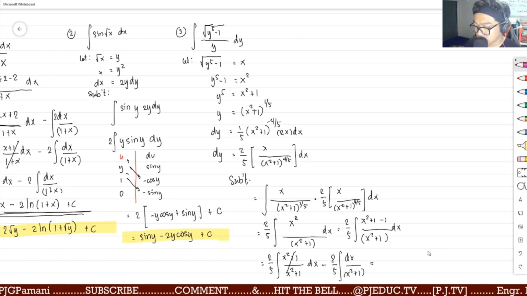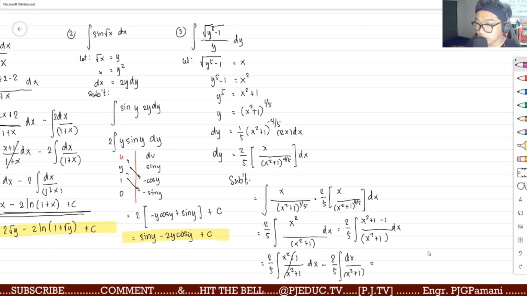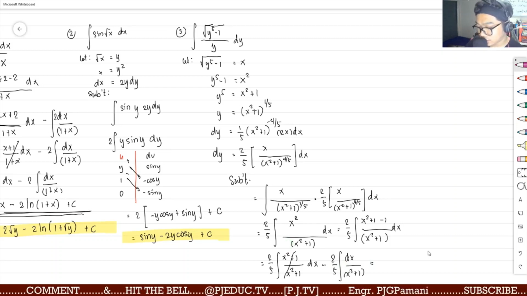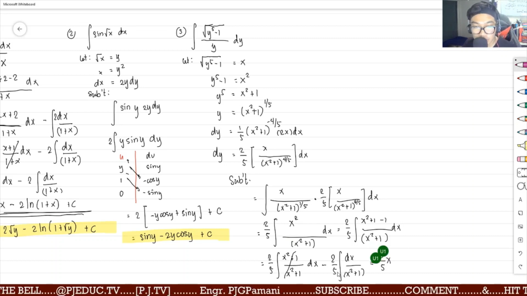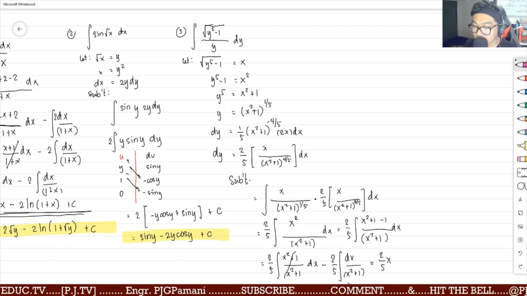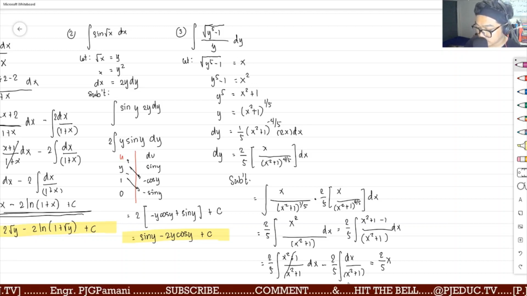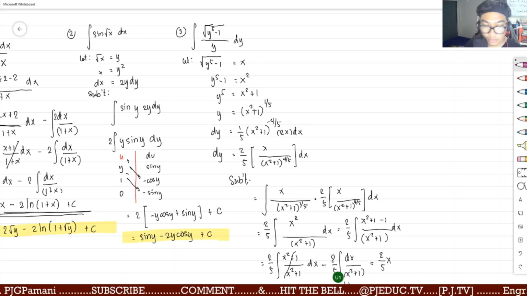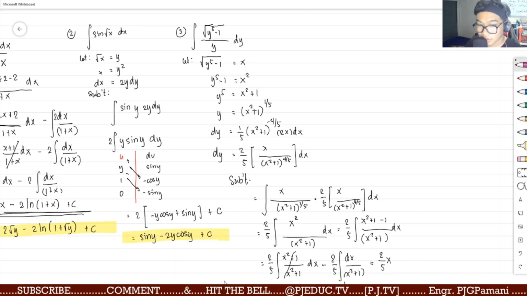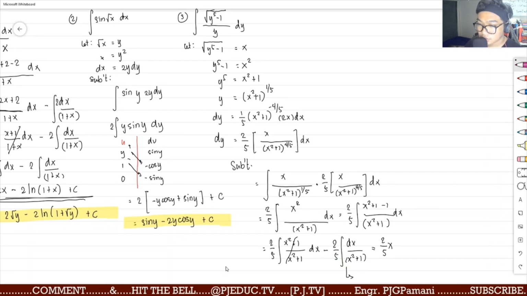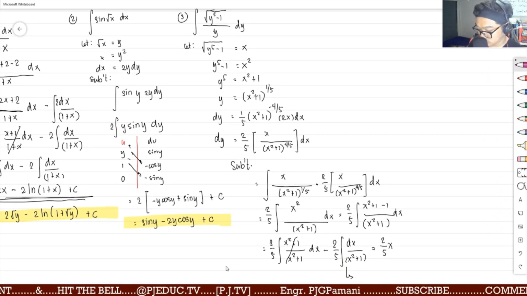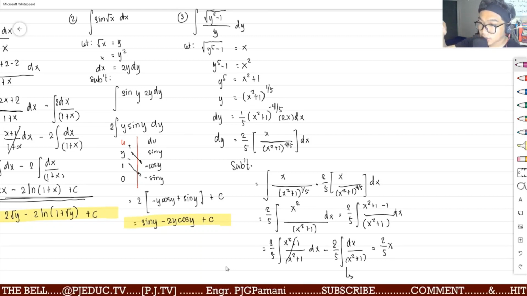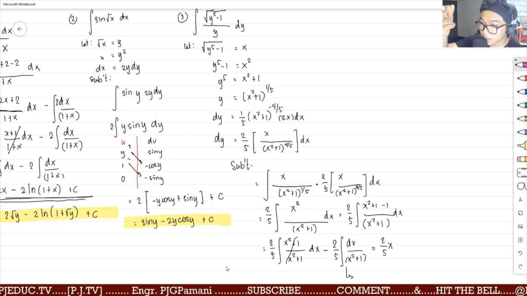Cancel. Hindi na natin kailangan. So basically, 2/5 integral of dx. So that is 2/5 x. Yung sa second term, ano yan? Anong gagamitin natin dyan? That is what? Formula